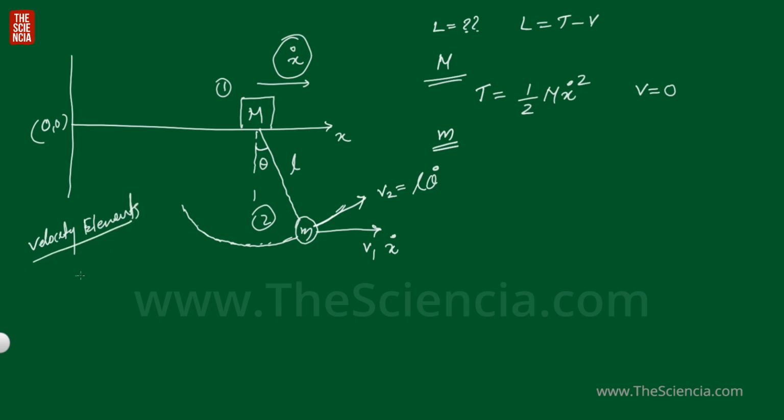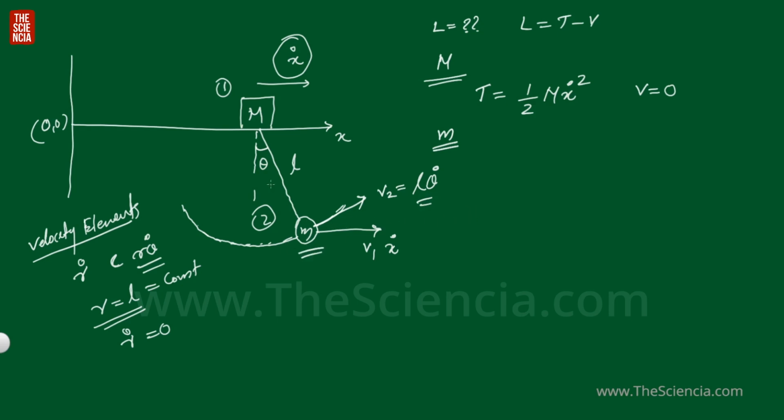in plane polar coordinates are r dot and r theta dot. Here this r value is equal to L, and you know this L value is a constant, therefore r dot equal to 0. But this theta is varying with the time, and therefore there will be velocity, that is r theta dot. Here r is L, so L theta dot. Now we got two velocity vectors, and to find out the total velocity of small m, we have to add